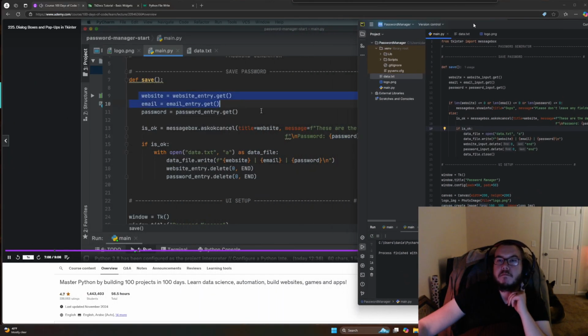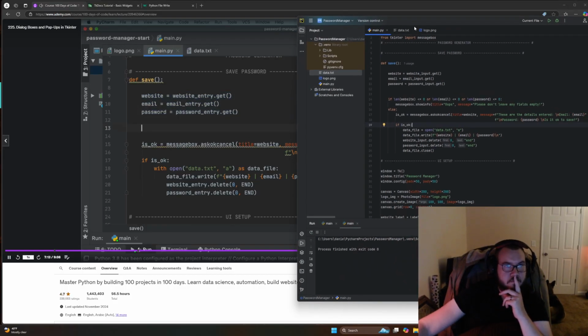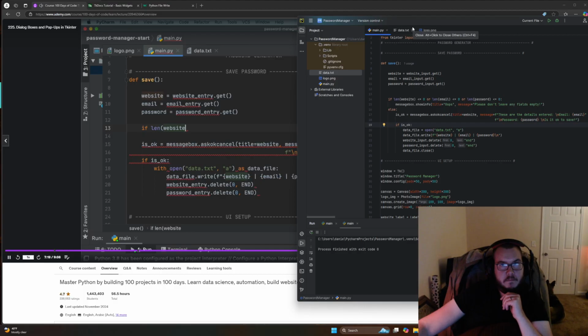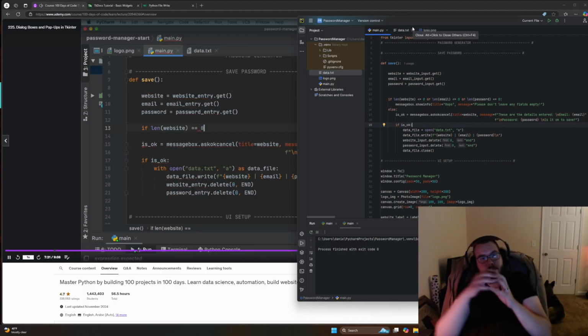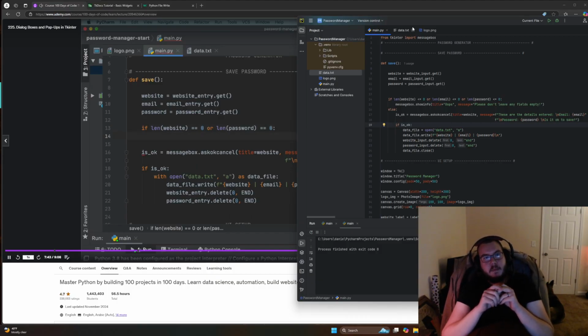All right, so here is where we get all of the information from our entries. And this is also a good time to do this validation. We can use an if statement to check, well, if this website string has a length of 0, then that means the user didn't type anything in there. And we can use an or statement to check, well, if the password also has a length of 0, well, in that case, they didn't type anything in there either. Now, you can also add a validation for the email, but because we have the email already pre-populated, there's actually not much point here. So if either they've left the website blank or the password blank, then we're going to